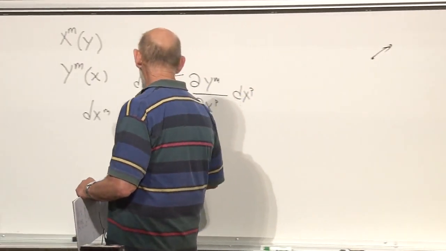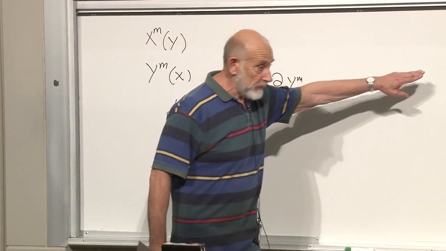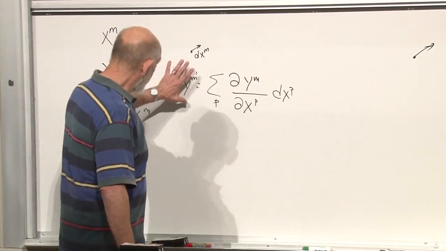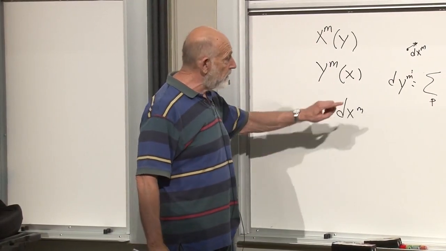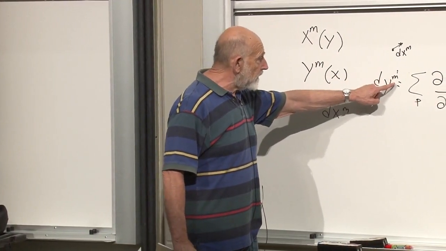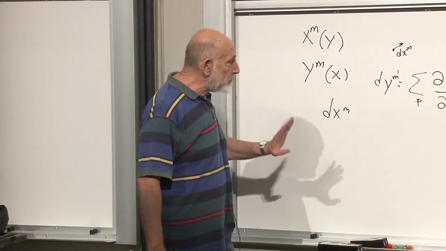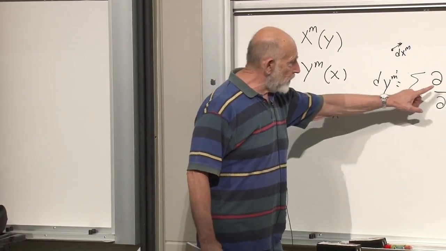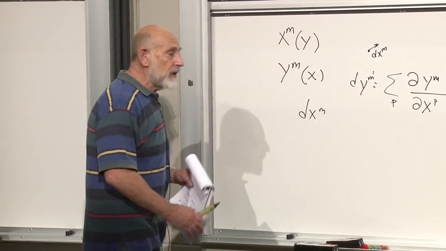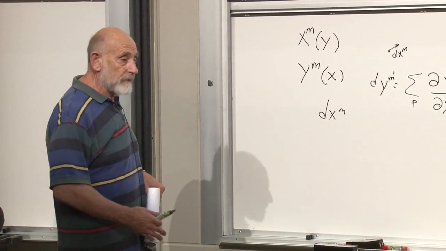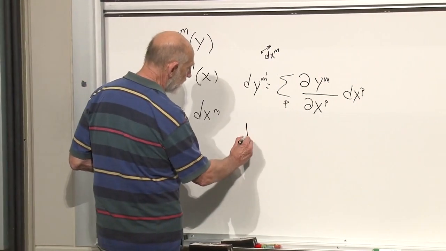This is the transformation properties of the components of this vector. This is the transformation properties of the components of what is called a contravariant vector. A contravariant vector simply means a thing which transforms like this. I will now give you the definition of a general contravariant vector. It's a thing that has components, Vm,